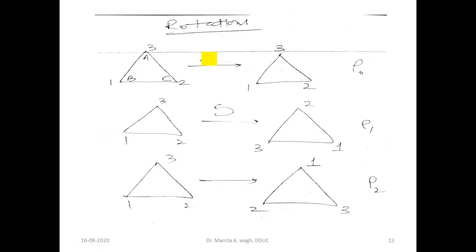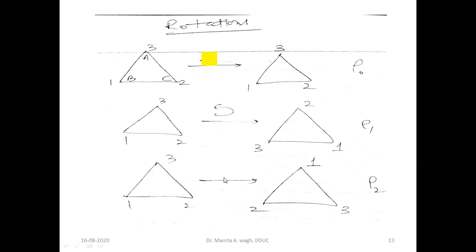So let us see this image. This is your equilateral triangle, 1 2 3. If I take 0°, that means no change, so 1 2 3 will be the same as 1 2 3. There is no change in the position. Then I am taking a 120° rotation anti-clockwise. Then this 2 will go to the position of 3 here, and 3 will come down. So this is 1 2 3. This is the 120° rotation, which I have denoted by rho 1. This is rho 0, this is rho 1.